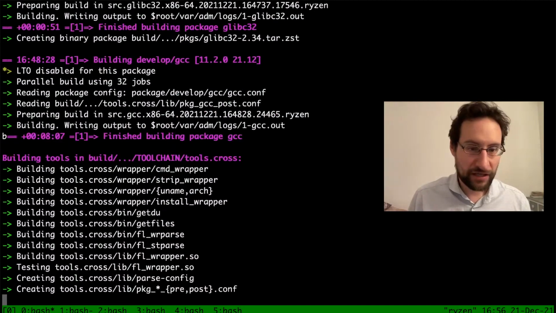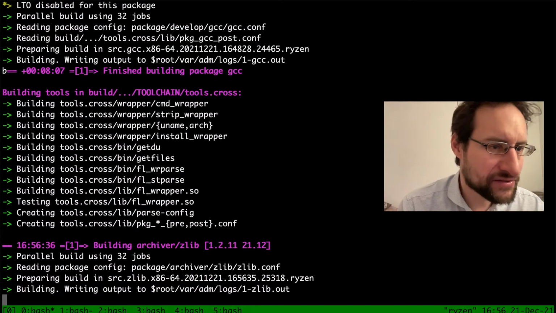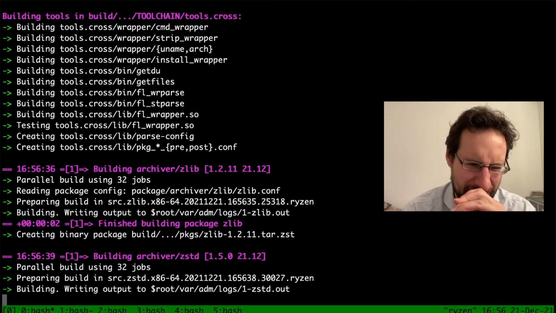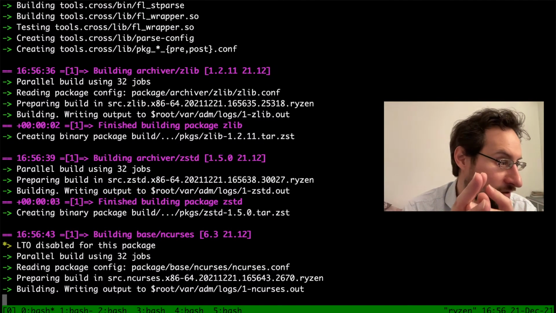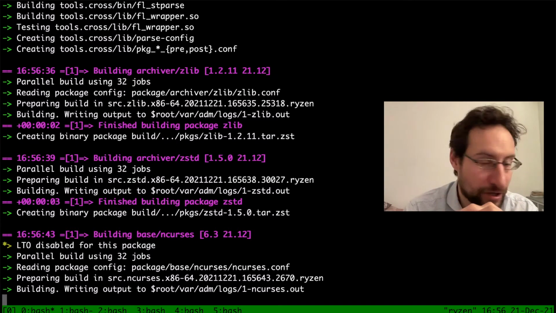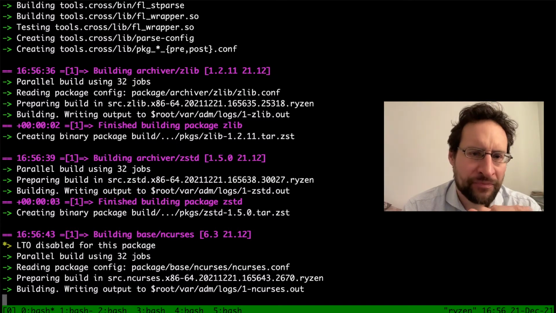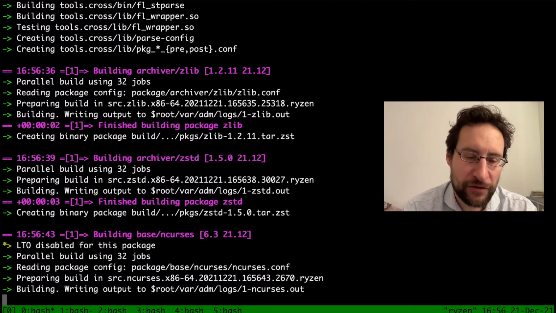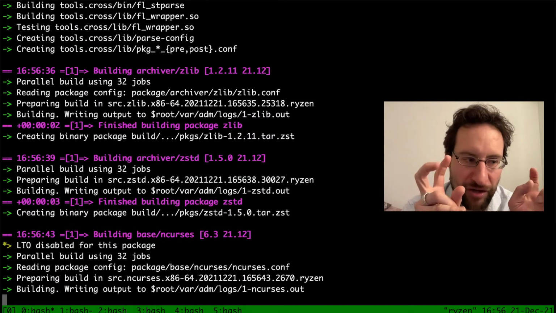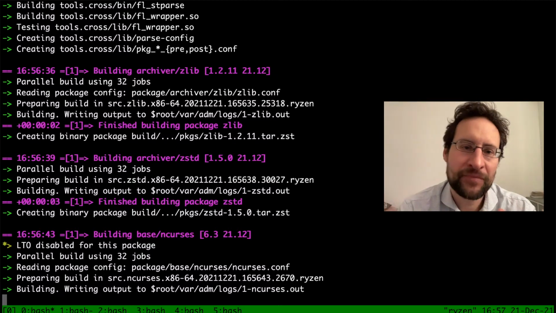We have theoretically, oh no, I'm speaking about which, so yes, 8 minutes. I think Itanium was way faster for some reason, but whatever. So now we are building cross-build stuff, right? Yeah, also sounds weird to me, but whatever. So now we cross-build stuff, right? So if we would target ARM or RISC-V, now we would get all those cross-compiled stuff. And in our case, we cross-build to the same architecture for